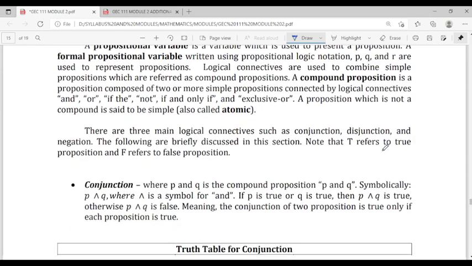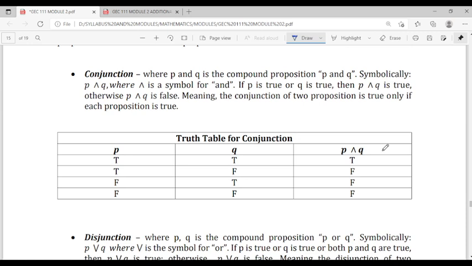So, conjunction, like for example, yung conjunction. So, given na yung P and Q, automatic na ang value ng ating P, we have true, true, false, false, or TTFF. For the Q, we have TF, TF. So when we conjunct P and Q, P and Q, so ibig sabihin ng ganitong symbol, and,